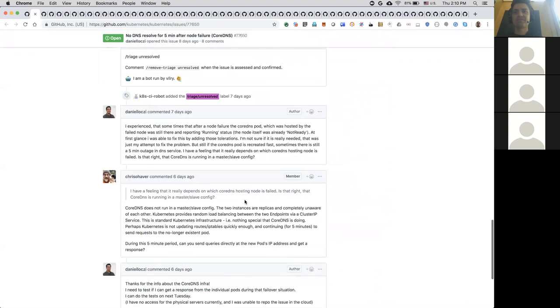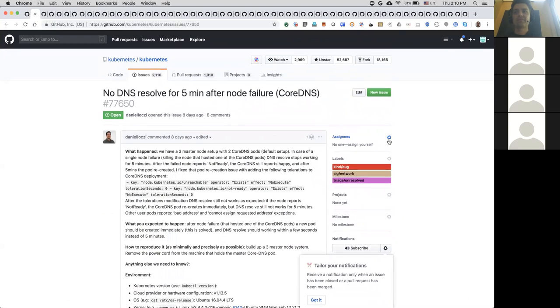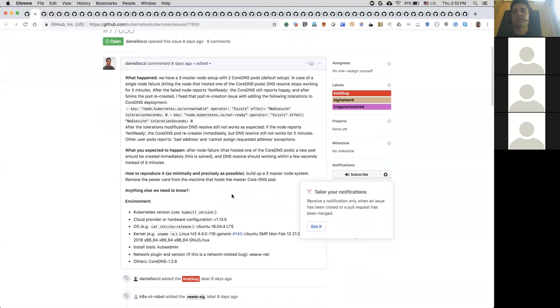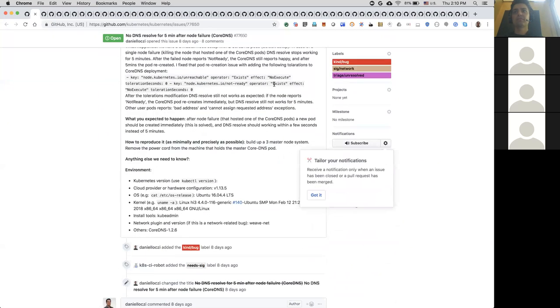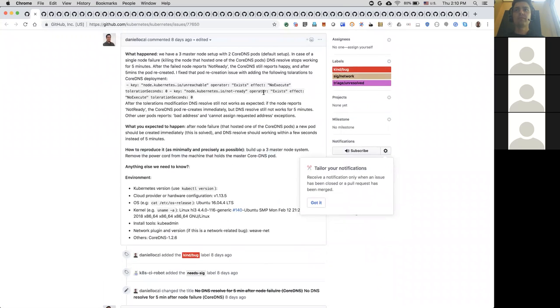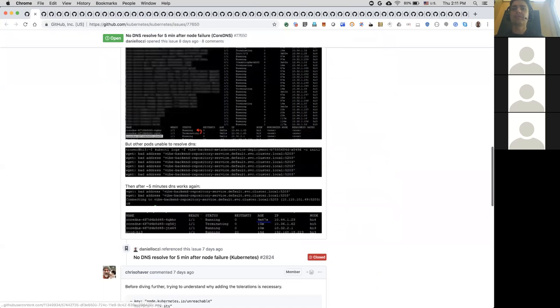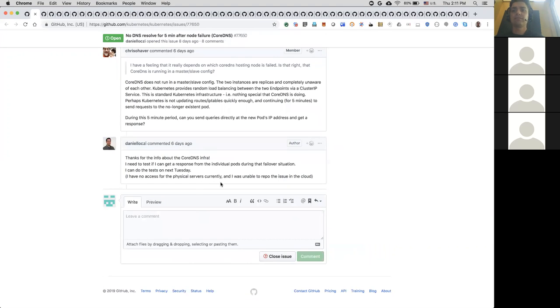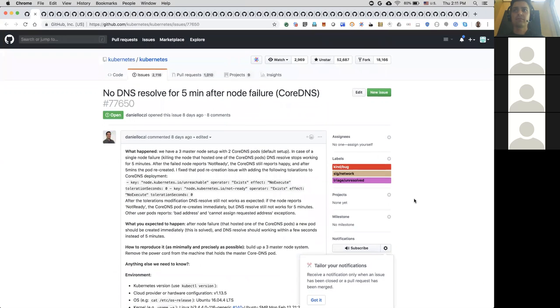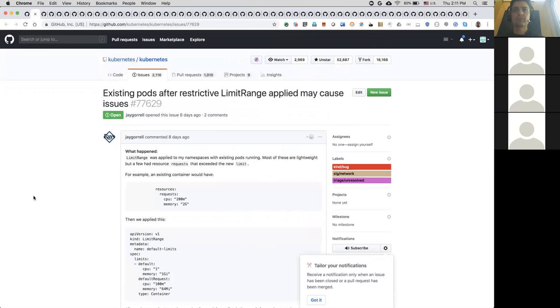So it sounds like it's a scheduling issue. Yeah, it's not getting rescheduled, if they only have one master. I see. I responded to this one too. Looks like it resolves itself. I don't think there's anything to do with networking here. It's closable, right? Okay. Or let's wait and see for another cycle if it comes back. All right.